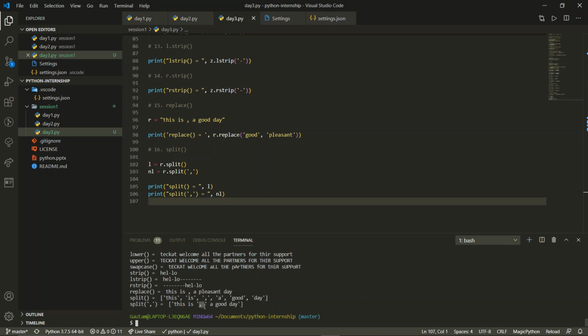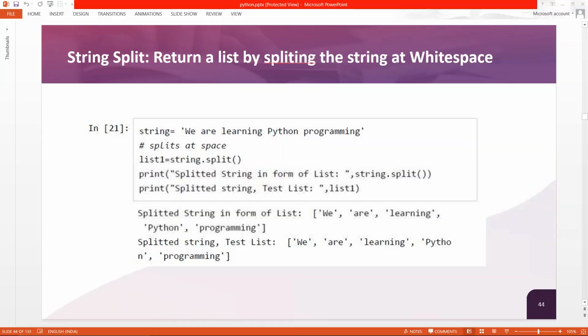So this comma, don't just see that this comma is this. It is not actually this comma. It is the separator between two elements inside a list. It is the default separator used between two elements inside a list. So this is element 1, and a good boy is element 2. So this is what split does. It separates as per your requirement.